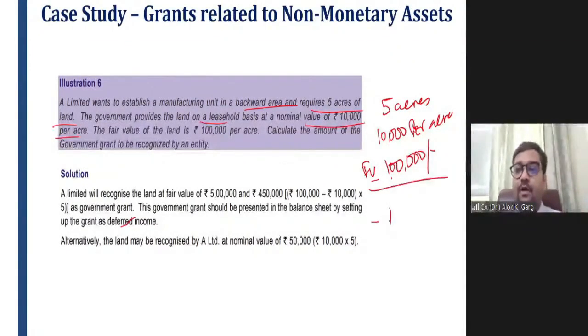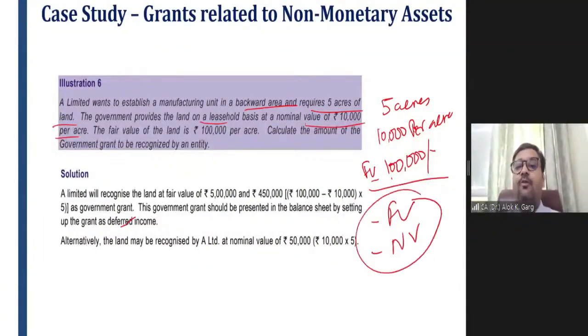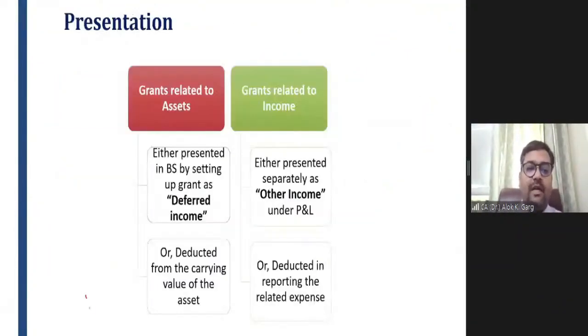There are two approaches. One is the fair value approach, the second one is the nominal value approach. If we go by the nominal value approach, what will be the accounting entry? The accounting entry will be